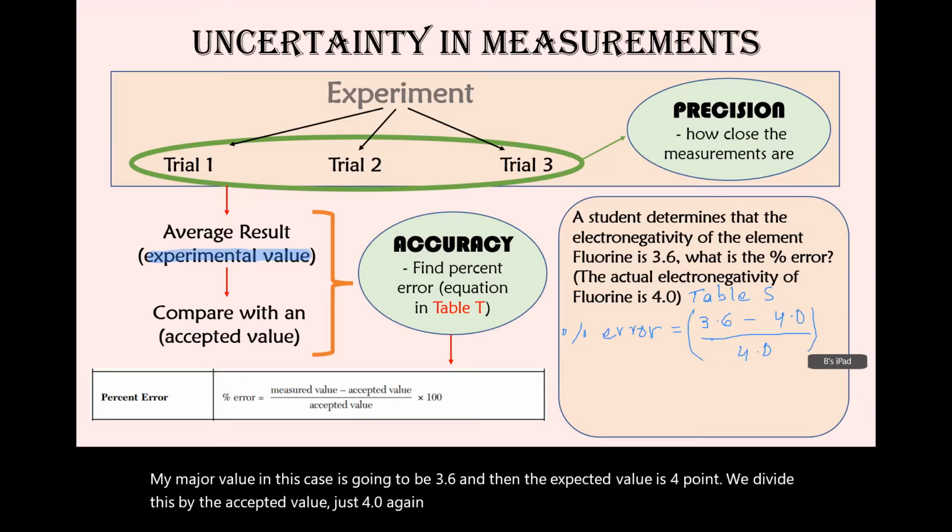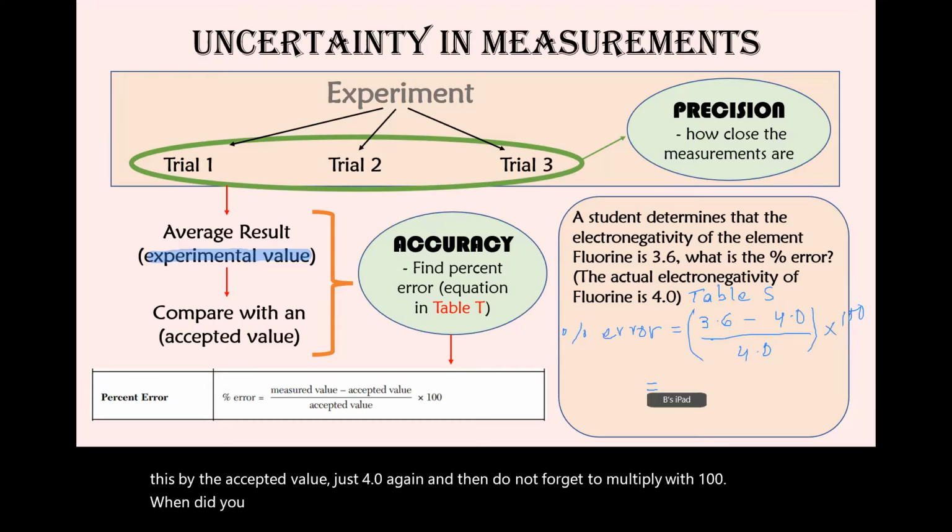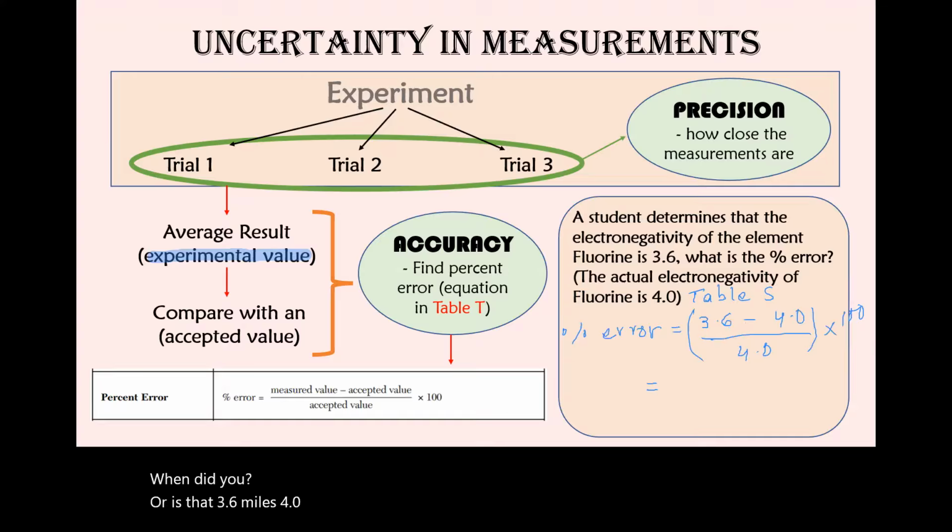And then do not forget to multiply by 100. When we do the math, 3.6 minus 4.0 is going to give you a negative number. So it's going to give you, sorry, not negative 4.0, that should be negative 0.4